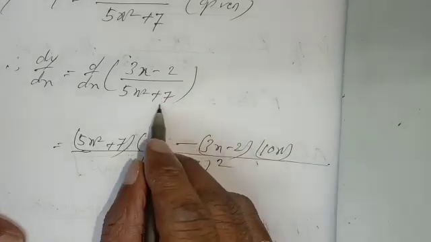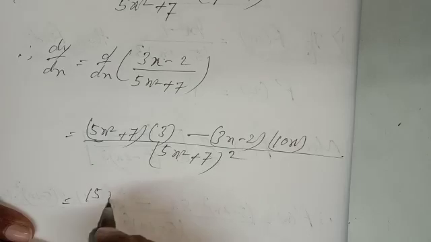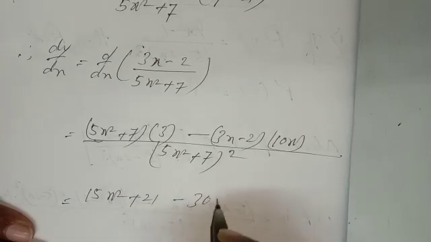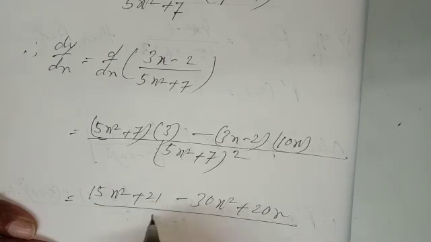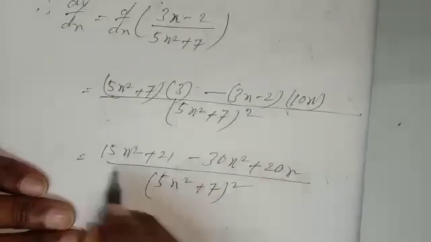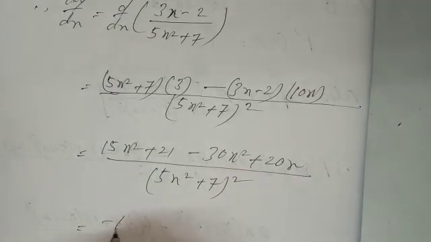And 7 derivative 0. Next you have to open the bracket. This will be 15x square plus 21 minus 30x square plus 20x. You have to simplify in proper manner, and (5x square plus 7) whole square is given as the denominator. 15x square minus 30x square will be how much? Minus 15x square